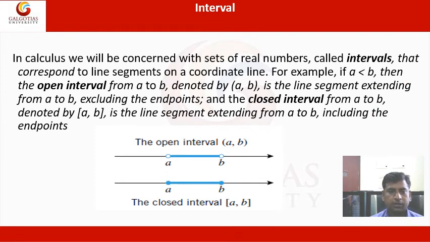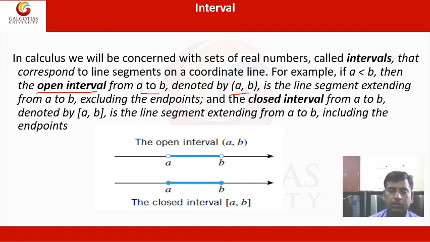Our next topic is intervals. Intervals are the set of numbers that correspond to a line segment on the coordinate line. For example, if a is less than b, then the open interval from a to b is denoted by a to b with small brackets. This is a line segment from a to b excluding the endpoints. That means the endpoints will not be included in this interval, and all the points from a to b will be